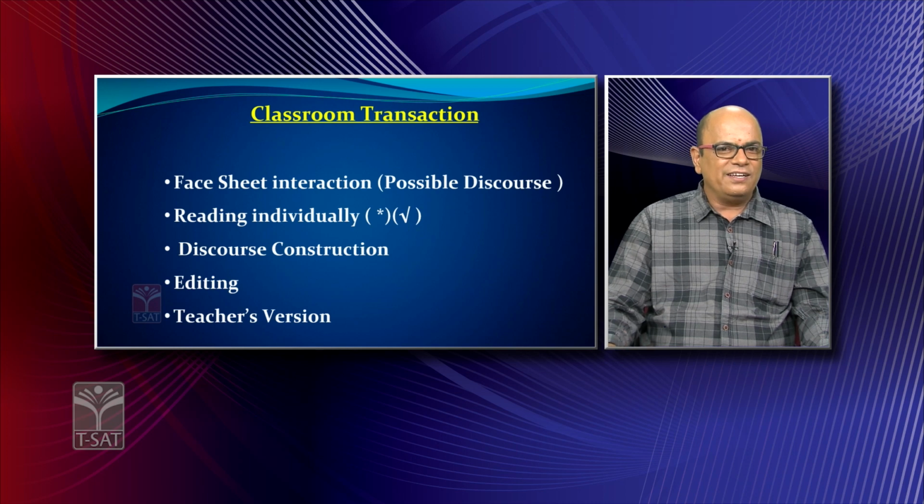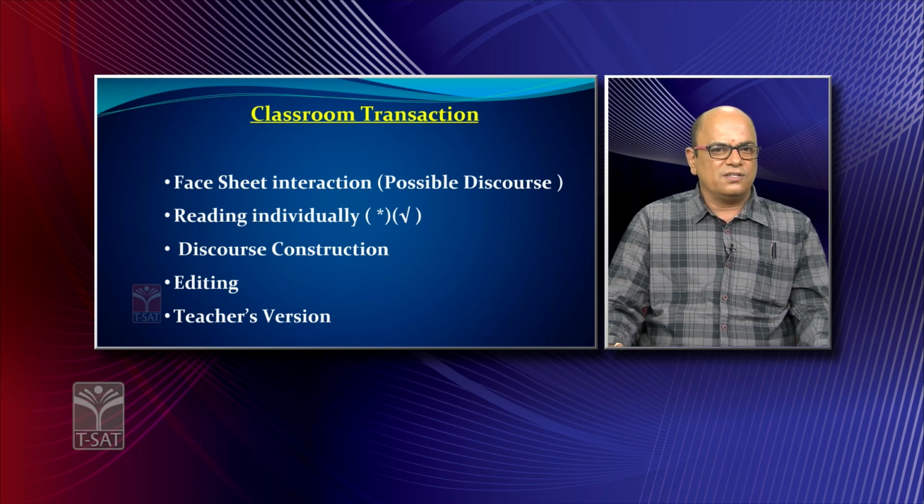So while reading, we ask the learners to use a star mark or a tick mark. So here, if they like any part of the text most, they have to use a star mark, and if they have understood the part of the text, they have to put a tick mark, and sometimes they are asked to underline what they have not understood. And there we have some discussion, then we can go for discourse construction. So the targeted discourses we all know, and we choose the discourse according to the context.